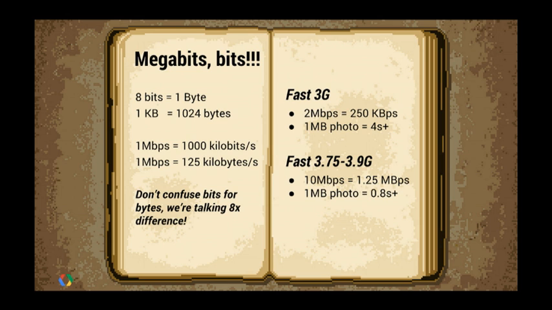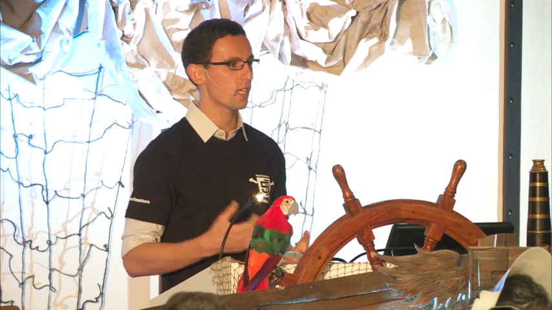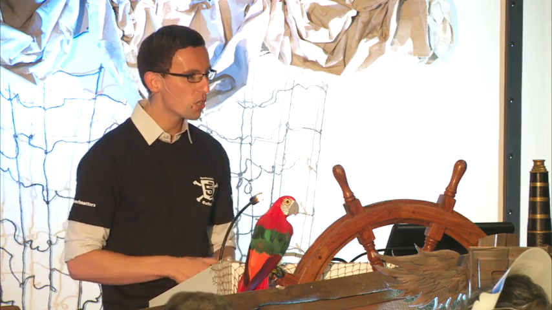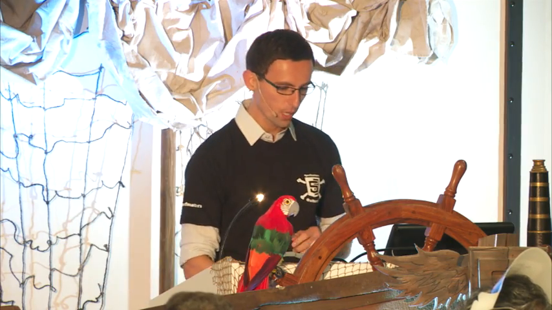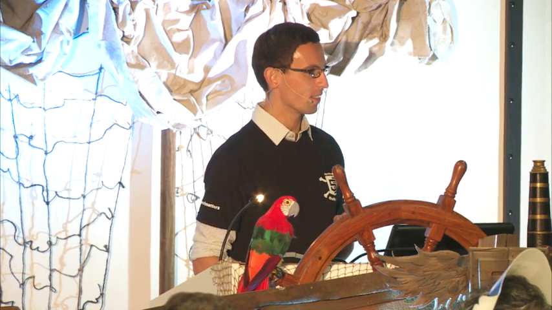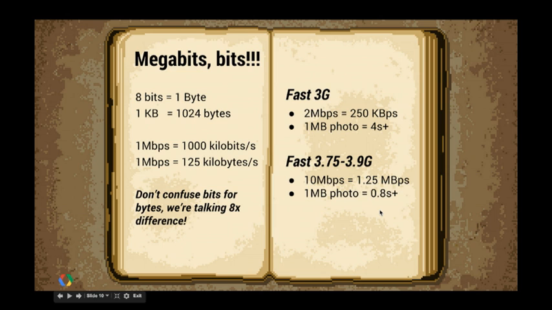So the next time you're hearing, oh, I did a bandwidth test and my phone is really fast, I'm getting 10 megabits per second, and I'm downloading a 1 megabyte image. If you actually do the math, let's say you have a 10 megabit per second connection, which is actually really, really good. That's about 1.2 megabytes per second. So if you had a 1 megabyte image, which is actually not crazy with our super awesome double retina something advanced